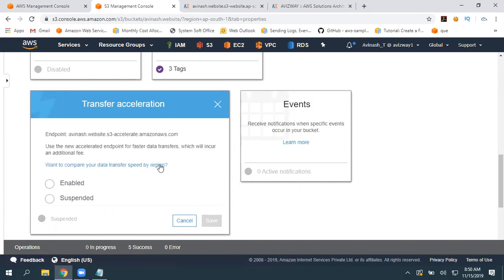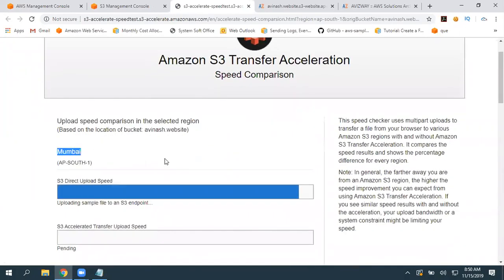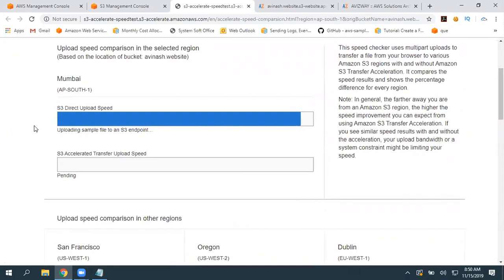Here it is. Just click on this. It opens the S3 transfer acceleration speed comparison tool. Now, from my currently connected network, one object is going to be uploaded directly to the S3 bucket. This is the direct upload.